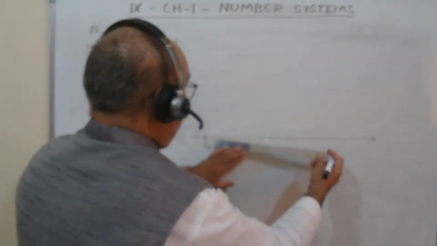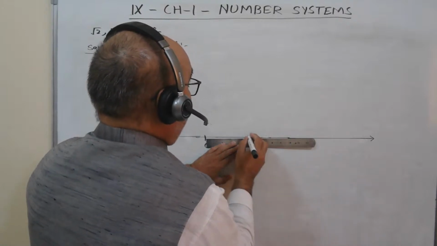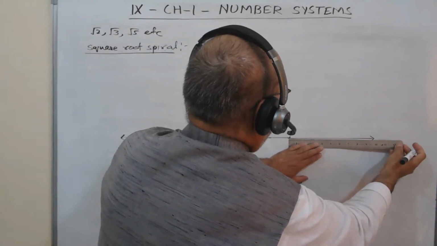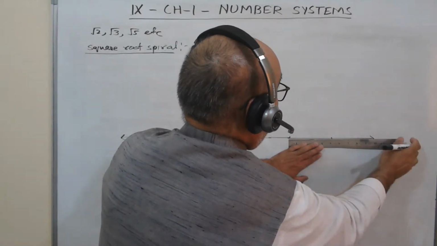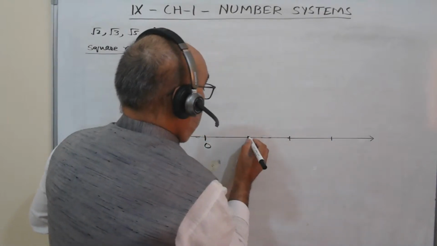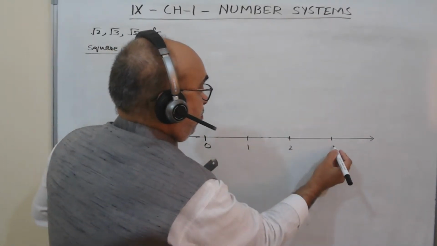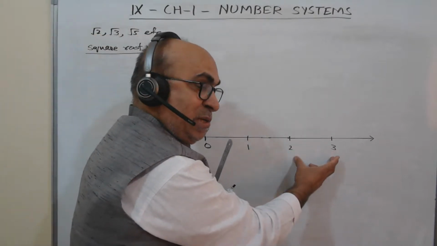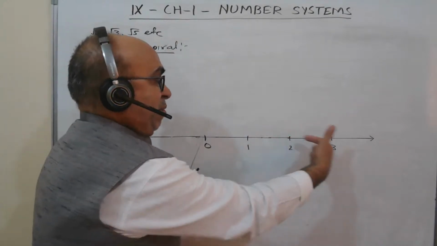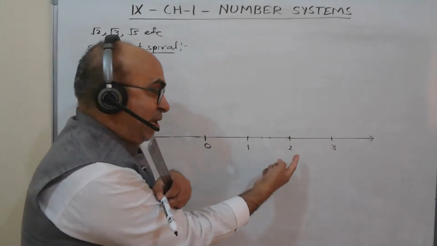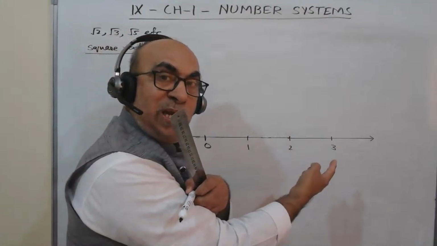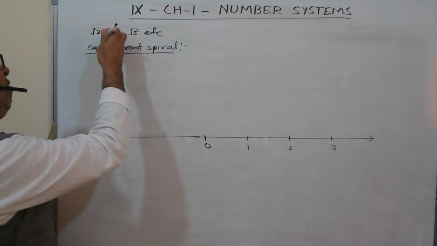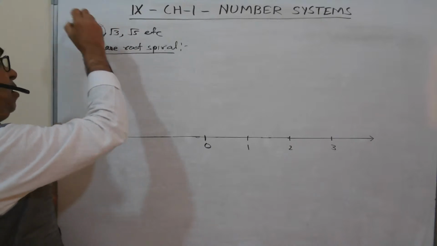Then I will take 1 centimeter. It is 1 centimeter. It is 2 centimeter. And then it is 3 centimeter, and so on. You have to mark it. This distance must be equal to this distance, equal to this distance. I decided 2 centimeter. So after 2 centimeter, 1, then again the next 2 centimeter, 2, the next 2 centimeter, 3, and so on. So to draw a square root spiral, first you have to locate square root 2 on the